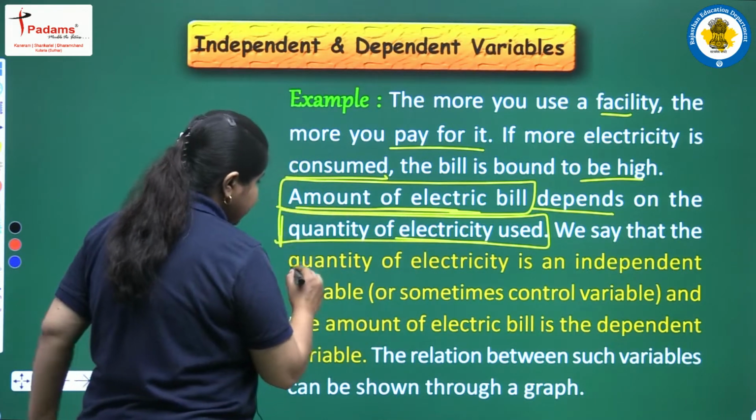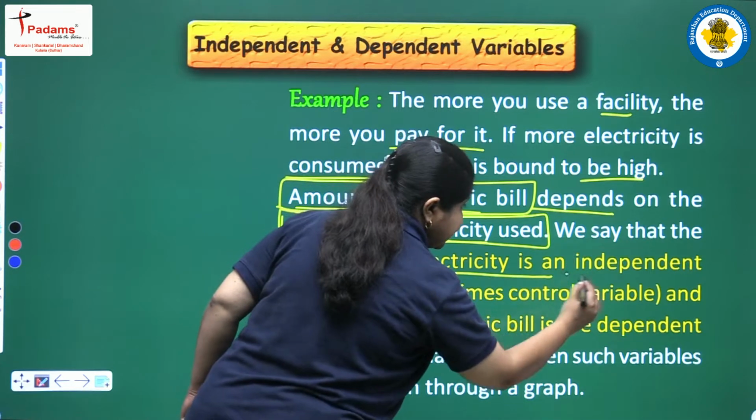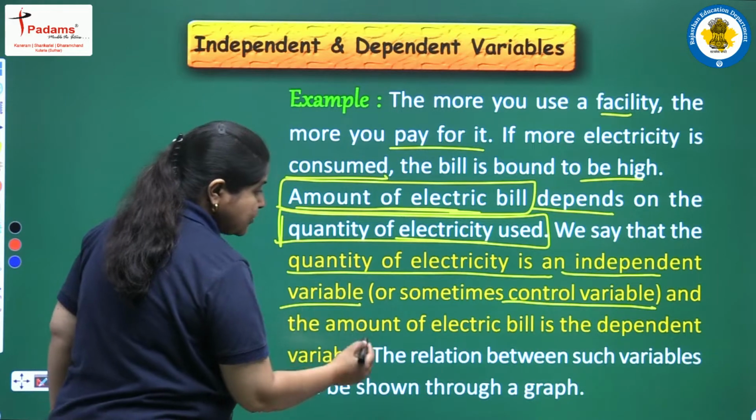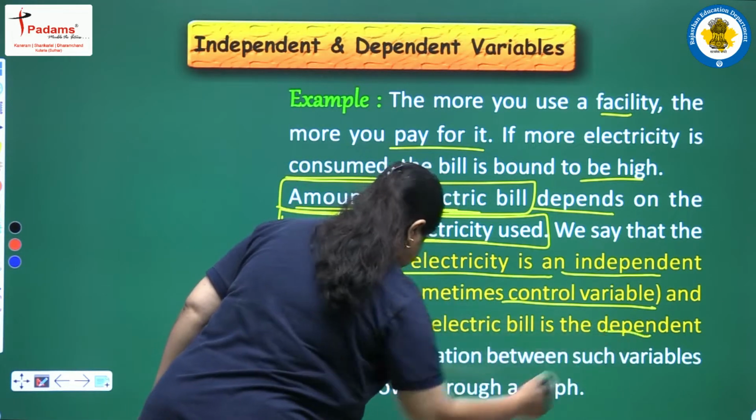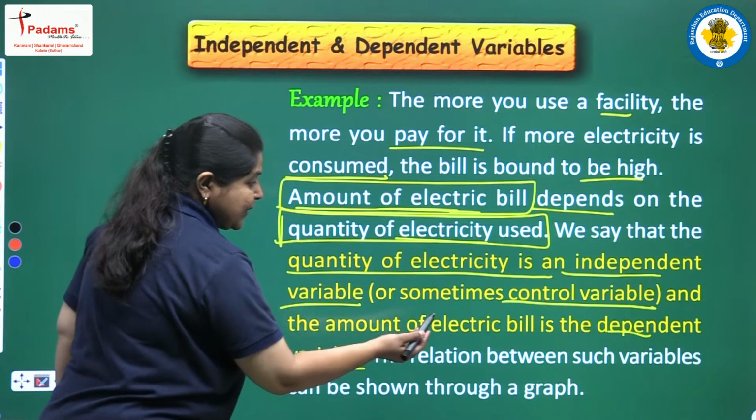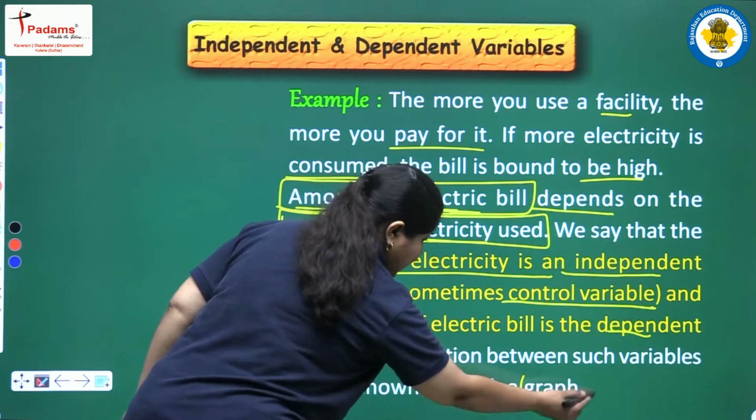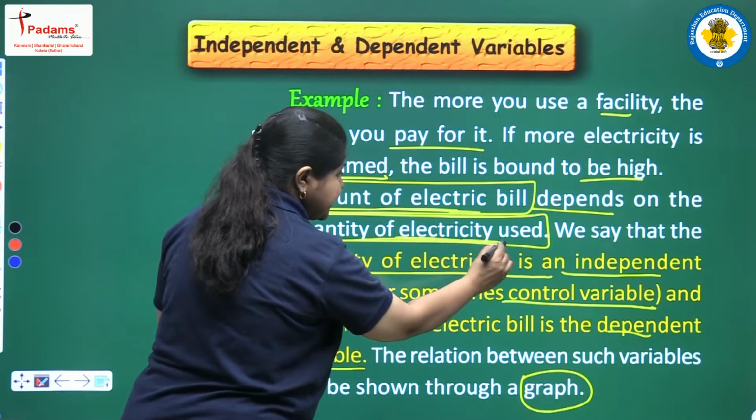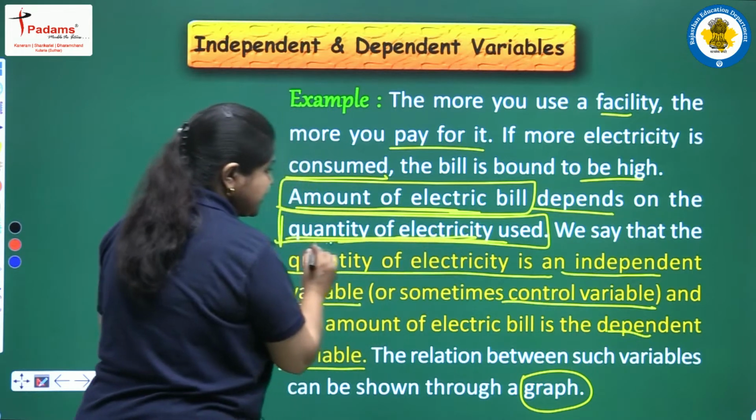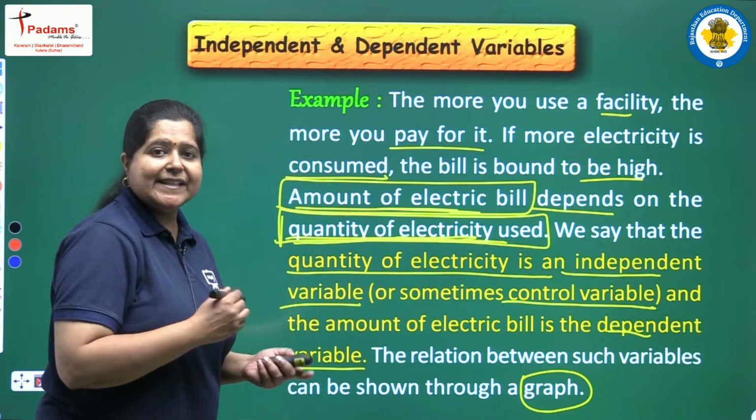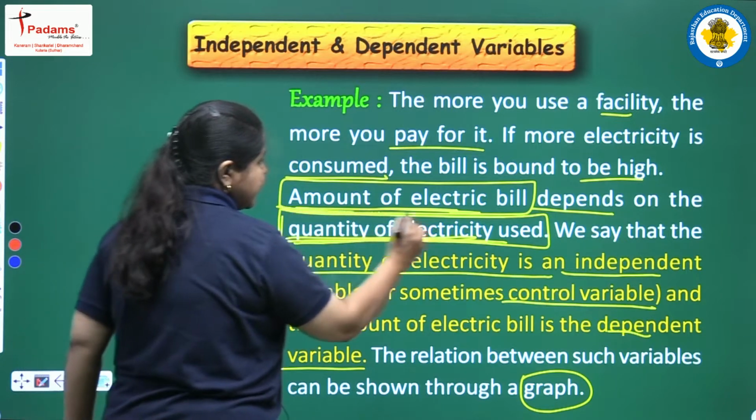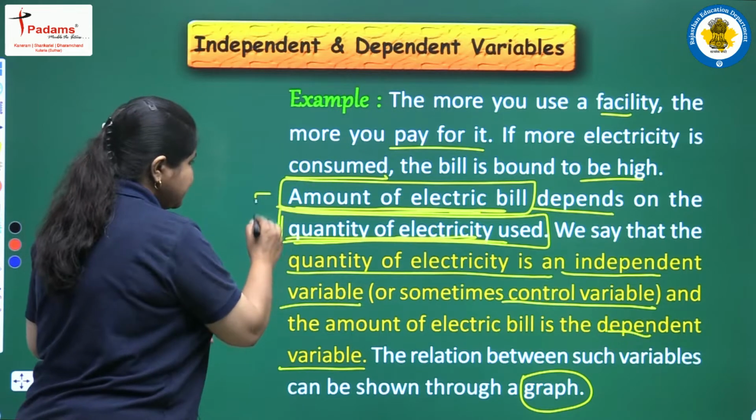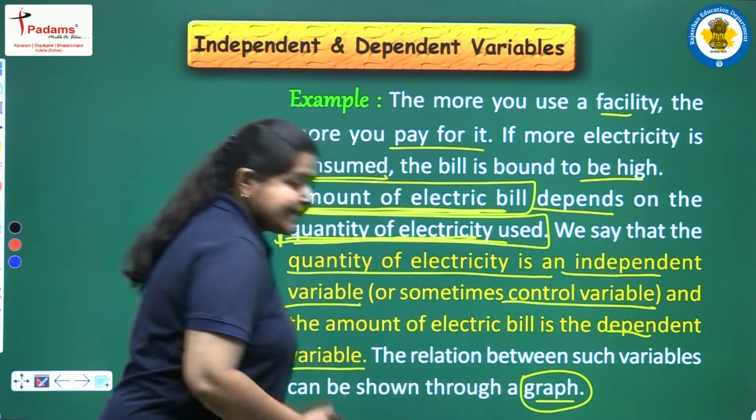And so we say that the quantity of electricity is an independent variable or sometimes control variable, and the amount of electric bill is the dependent variable, and the relation between such variables can be shown through a graph. तो यहाँ पर क्योंकि amount of bill depend कर रहा है on the quantity of electricity used, तो ये quantity of electricity used ये तो हो गया आपका independent variable या कह लीजिए control variable, और ये amount of electric bill, this is the dependent variable here. And now every time we can show this relationship through a graph, and in this segment we will be plotting